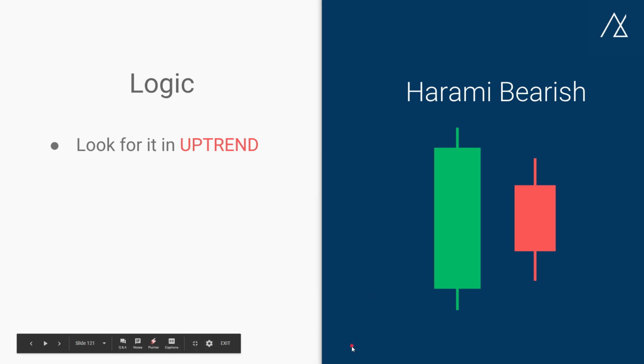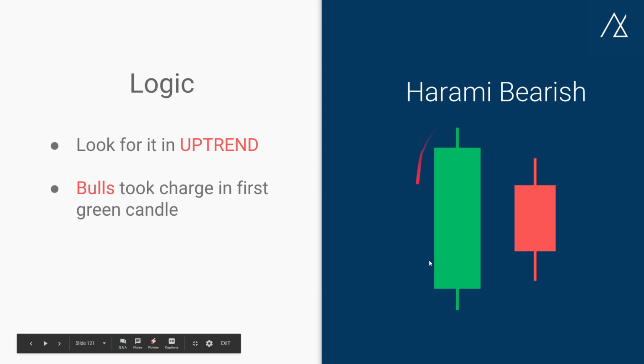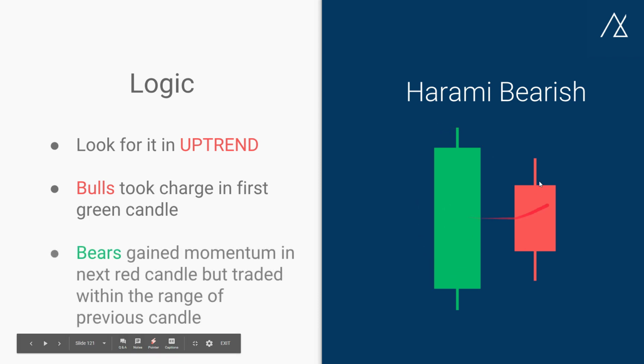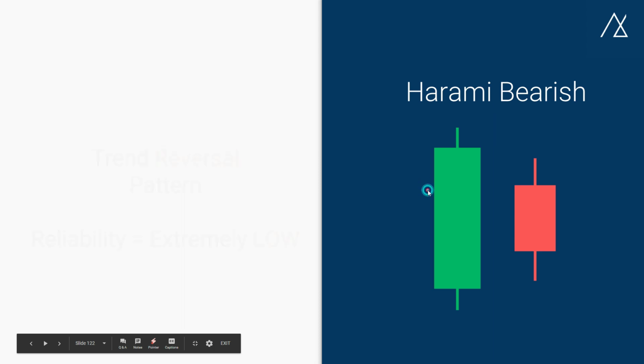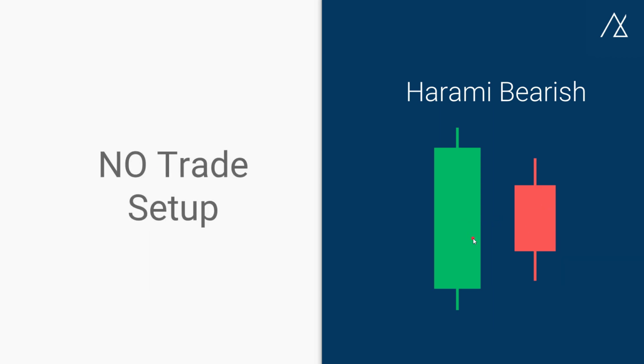Again the logic says that we have to look for it in an uptrend, and in the first case the bulls took charge in the green candle and the bears gained momentum in the next candle, but it has traded within a particular range, that is the previous candle's range. It's a trend reversal pattern, and as I told you, the reliability is extremely low, and there is no trade